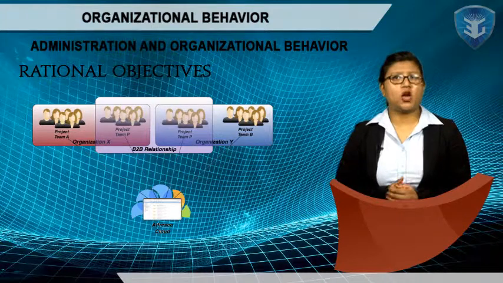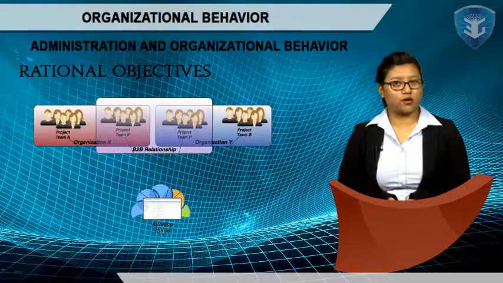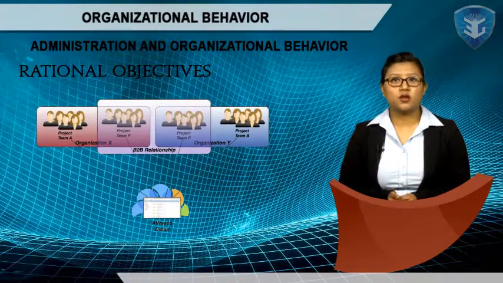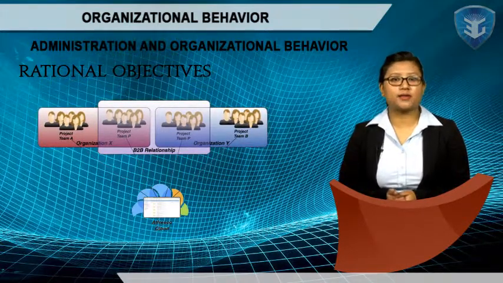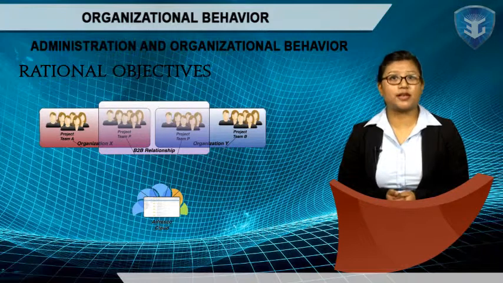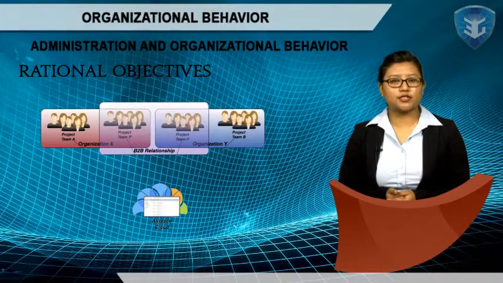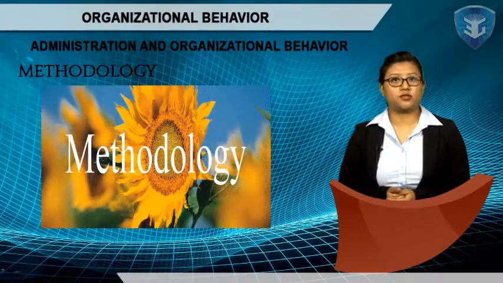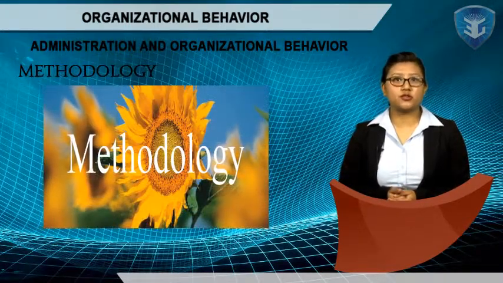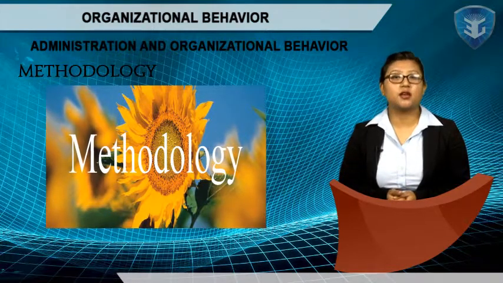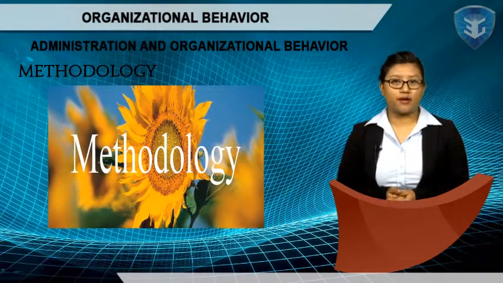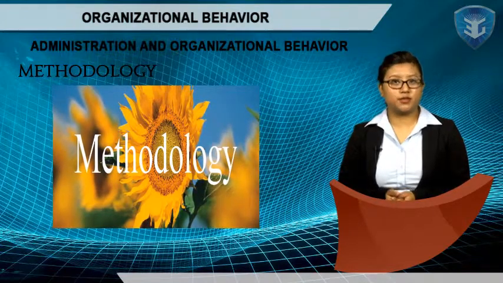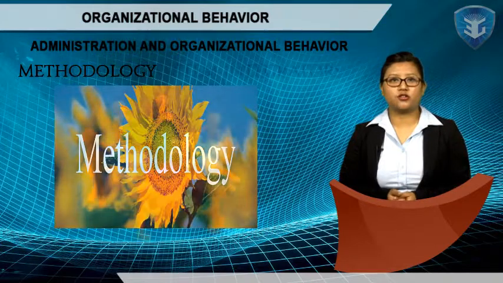Rational objectives. Whenever people are gathered together in an organization, it is for some specific purpose. These objective goals or things to do are established by the mandate behind the organization's existence and usually are divided into attainable subtasks or short-range targets. Methodology. Organizations also are structured around some ways of doing the tasks through training, tools, background, expertise, and procedures. This is, for all practical purposes, the definition of technology.